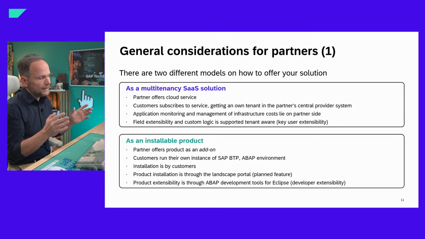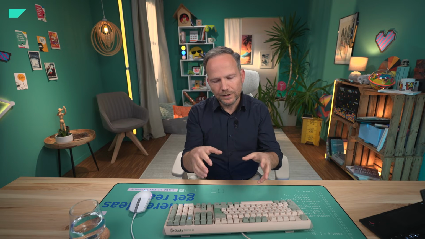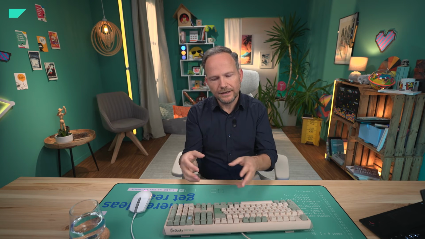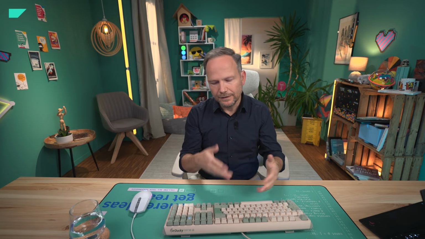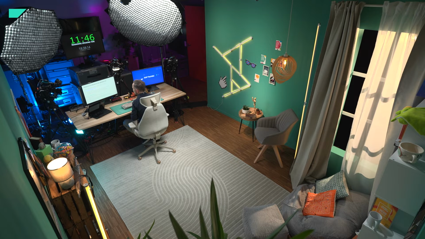And there's also a very important use case for this option. It's about the SDK. If a partner decides to develop an SDK, a customer could install this SDK into their own system, make use of the released APIs of this SDK, and build their own custom code on top of it. So again, the SDK scenario is yet another usage scenario for an installable product.